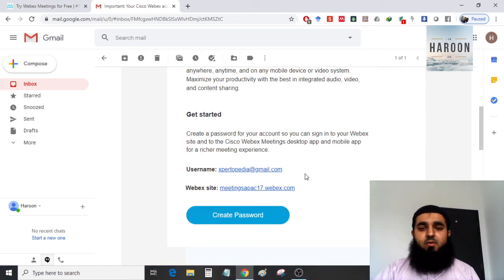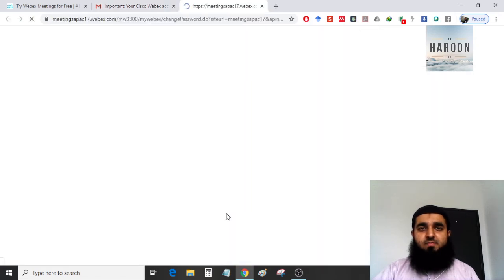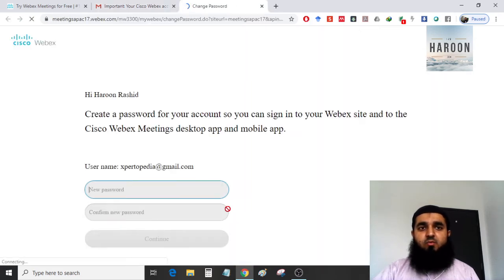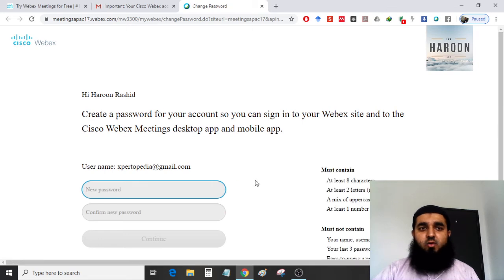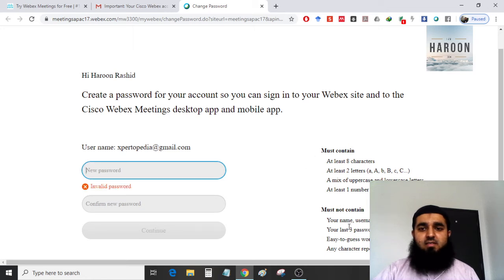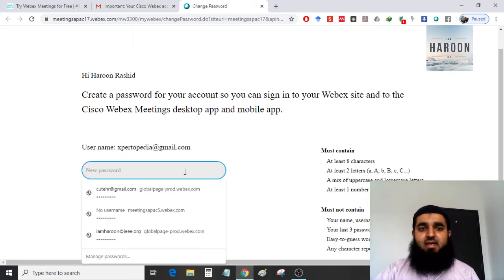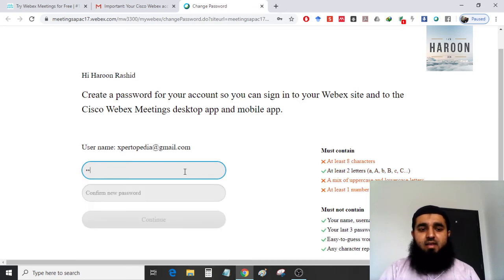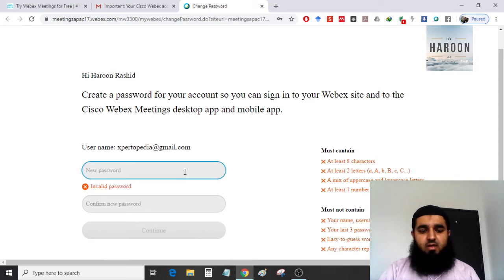Now, in the next step, you have to create the password. So just click on create password. It will take you back to the Webex site and in your account. So here you can key in your password and make sure your password must contain this information which is written on the right hand side. So I'm going to put one of my passwords here and I'm going to use a very simple one, oh sorry,